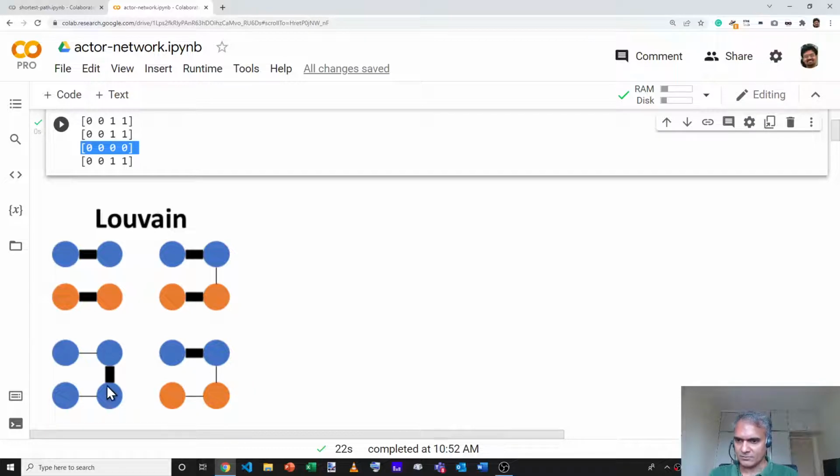For the third one, it says all of them belong to the same cluster. It says this, and this, all of them belong to cluster 0. Okay, that is not unreasonable. And for the fourth one, it says again, these two form one cluster. That's reasonable. And these two are connected into one cluster, even though there's only one movie that's connected. Well, that's not particularly unreasonable. Yeah, maybe we could connect them. Maybe we could leave them apart. That's a subjective call. So overall, Louvain seems to be giving us results that are reasonable, not necessarily ideal, but it's a subjective opinion as to whether these results are right or wrong.